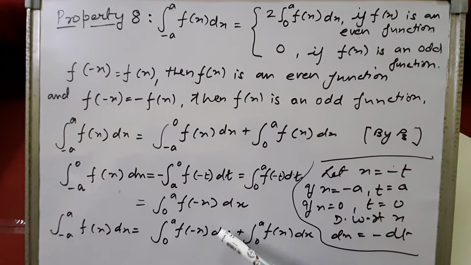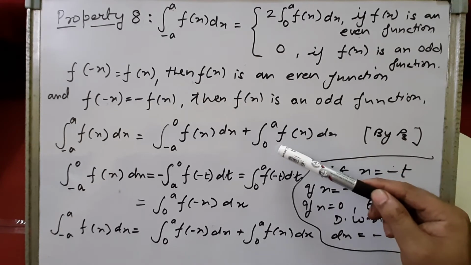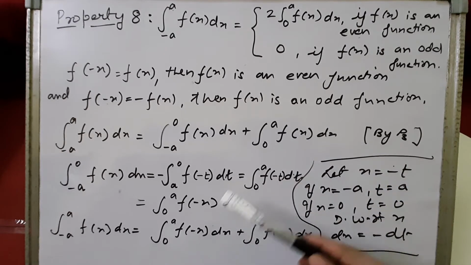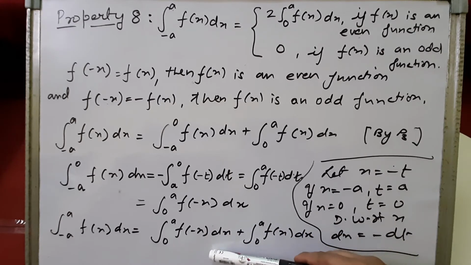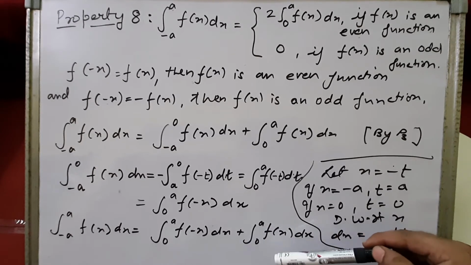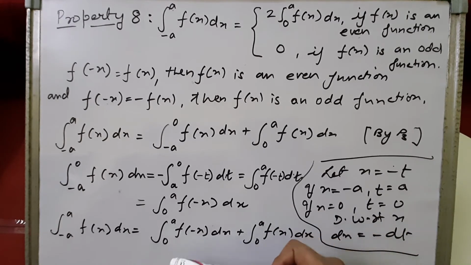Alright. Now we know that we break this integration as minus a to a f(x) dx equals minus a to 0 f(x) dx plus 0 to a f(x) dx. So we write in place of this term 0 to a f(minus x) dx, and when the function is even, this f(minus x) will become f(x). So both will sum up and we'll get 2 times 0 to a f(x) dx. And when the function is odd, we get minus times f(x) dx, so this minus 0 to a f(x) dx and plus 0 to a f(x) dx will get cancelled and we'll get 0. Alright children, please note down.